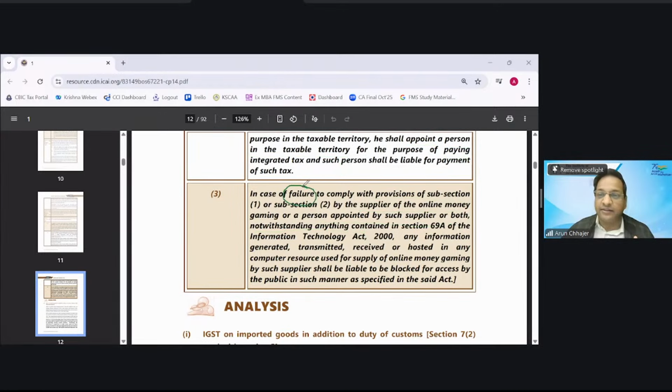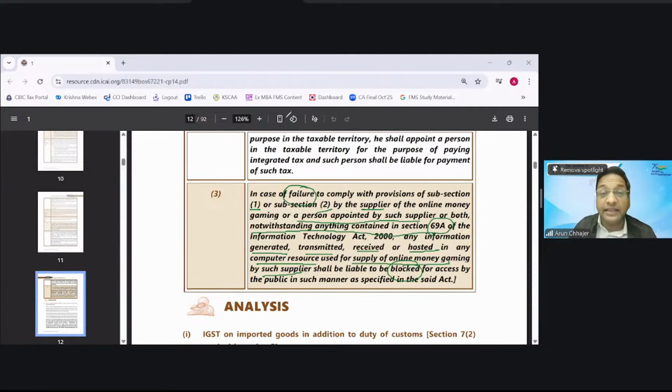In case of the failure to comply with subsection 1, pay the IGST, subsection 2, single registration, by the supplier of online money gaming or the person appointed by such supplier, notwithstanding anything contained in section 69A of the IT Act, any information generated, transmitted, received, or hosted in any computer resource used for the supply of the online money gaming by such a supplier shall be liable to be blocked